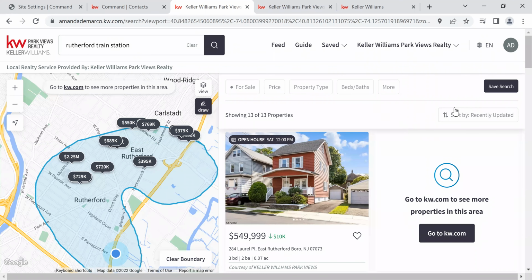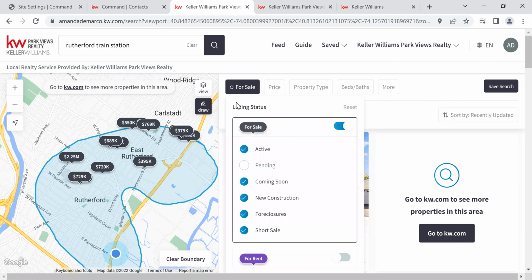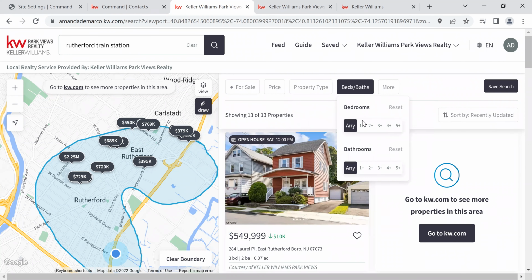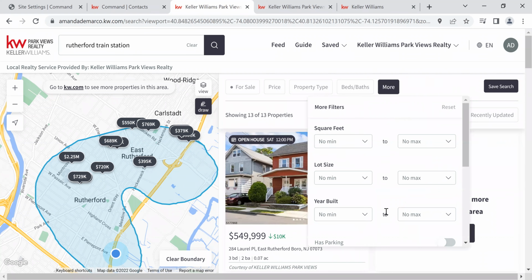And that could be saved as whatever I would like. Now, I can do this, or the client, I should say, excuse me. But this is a really easy way to help them get custom search areas. And of course, they can also then narrow down their criteria here. So if they want to put for rent or for sale, price, property type, beds and baths, as well as